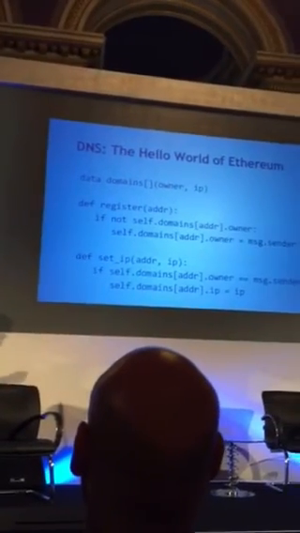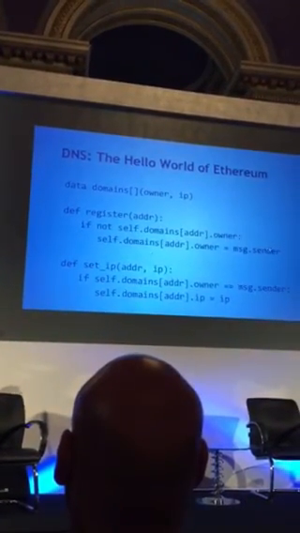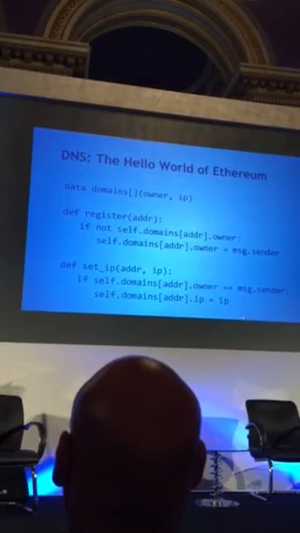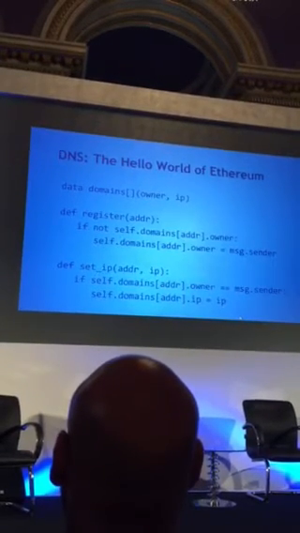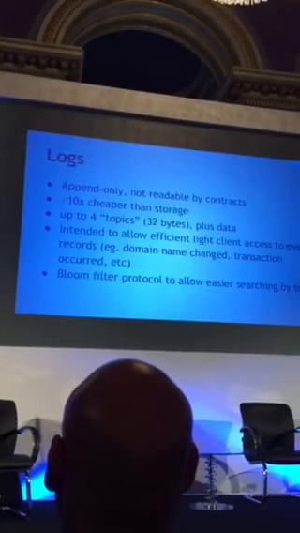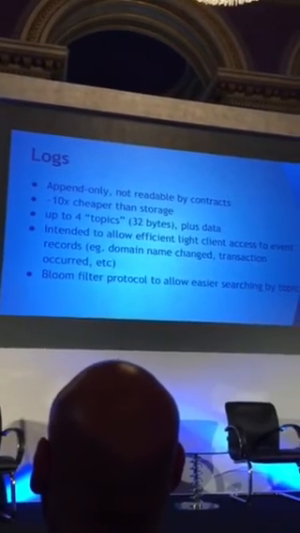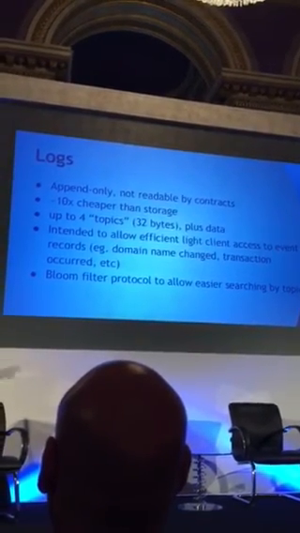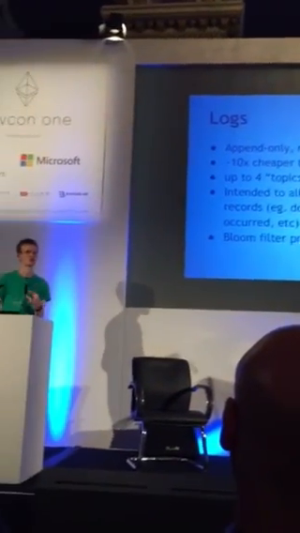One example of where you want to use a log is, if you go back to the DNS example, you might want to add a single line to create a log in the register method and in, let's say, the setIP method. The reason why you want to do that is to allow light clients to very quickly scan through all the logs and see all the instances at which a domain got registered, an IP address got changed, and so forth. There are lots of applications that want to be able to have a history of things that happen, and logs are a convenient way of supporting that.